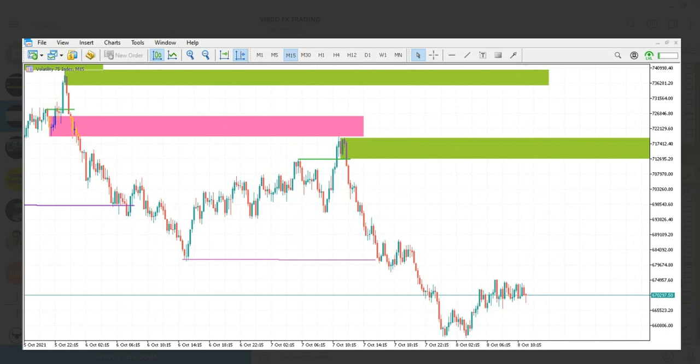So again, what then do we have? We have another break of market structure. But where is that break of market structure? It's here. Okay, so this big one is a macro break of market structure, but we have another micro break of market structure, and then above it we have this candle that looks like a failure market structure here, but it is not necessarily a failure market structure, because this wick here respected and mitigated this order block here.